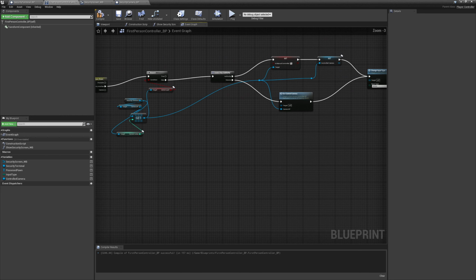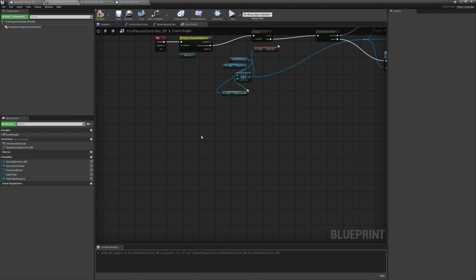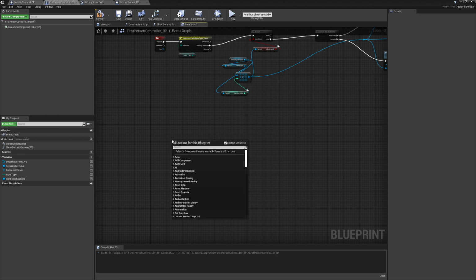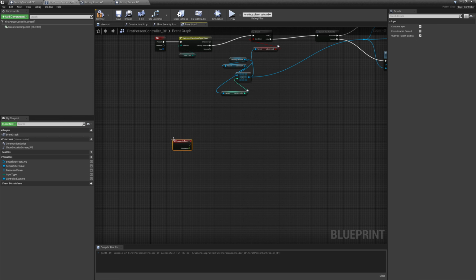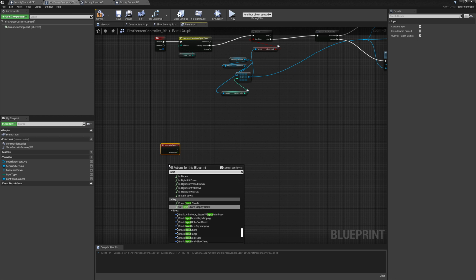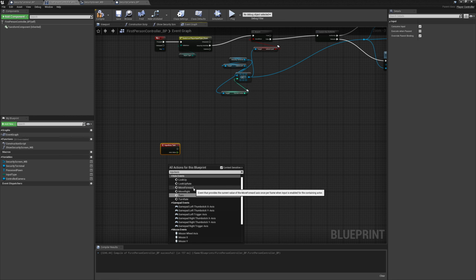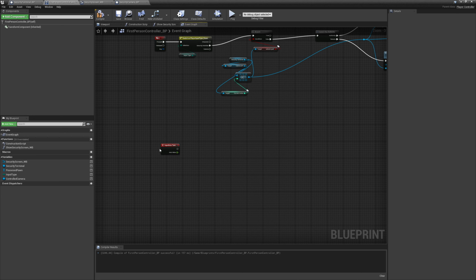Now we're going to set up the movement for the camera with the mouse. So let's get the input axis. And that's input axis turn. If you want to do this for a joystick, for example, you need to get the other one. So that's the, let me see, input axis, the look, I think. So the look ones are for the controllers and the turn ones are for mouse, I'm pretty sure. So you need to get the correct one, but